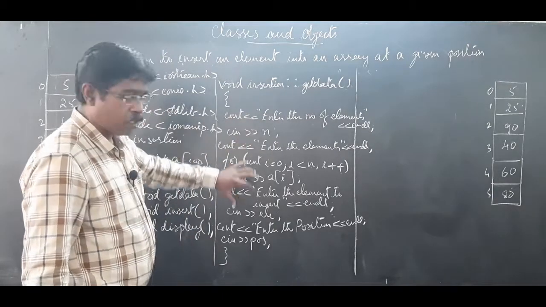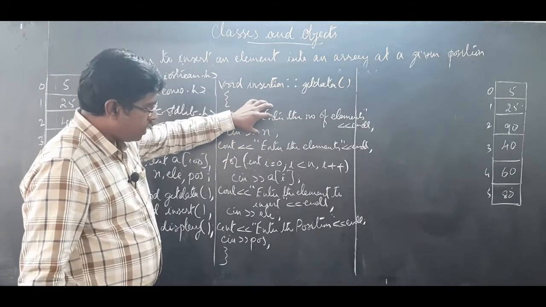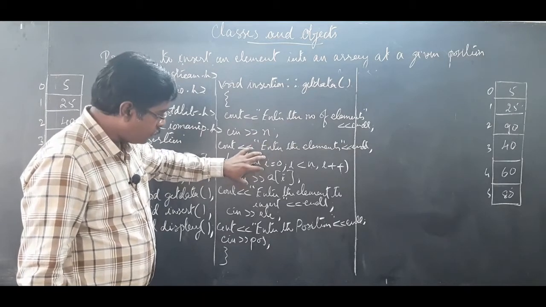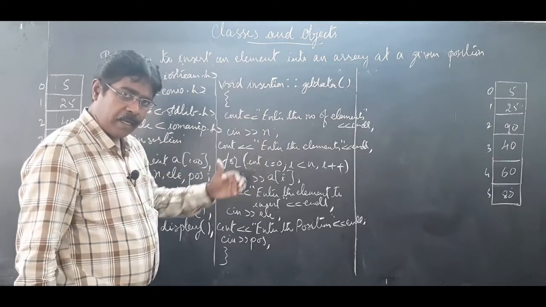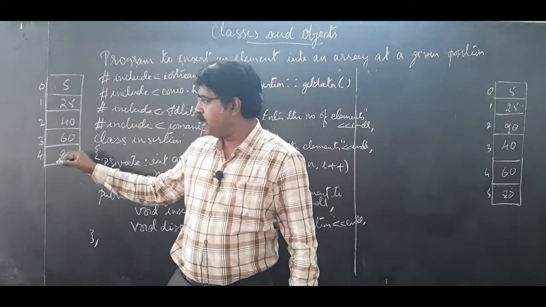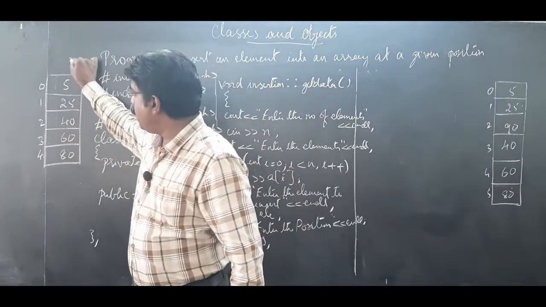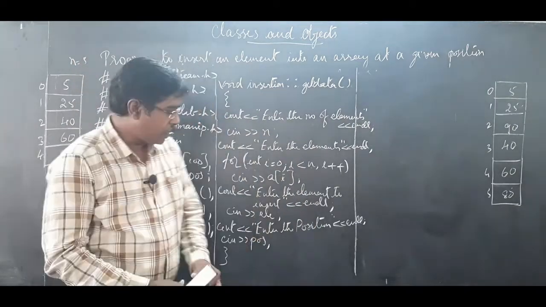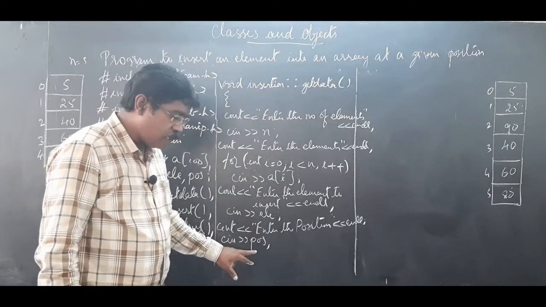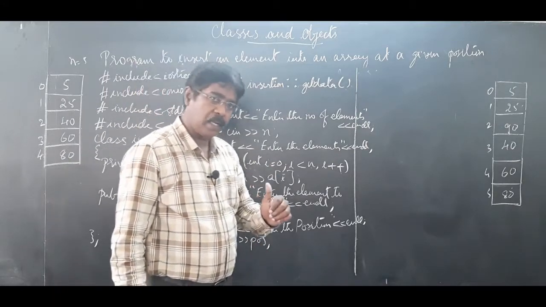This input part is done in getData. The getData member function has taken n number of elements. Those n number of elements we are going to accept in an array. Then after taking in the array these elements 5, 25, 40, 60, 80, let us take the same example. So when I take n's value as 5 and accept these elements, then I need to give which element to be inserted. Followed by that, I need to give the position where I want to insert. As I said, it should be less than n.